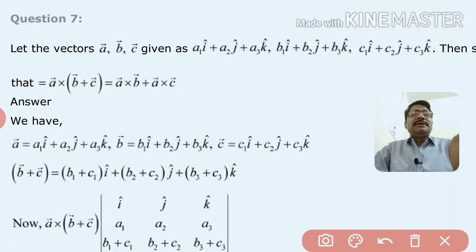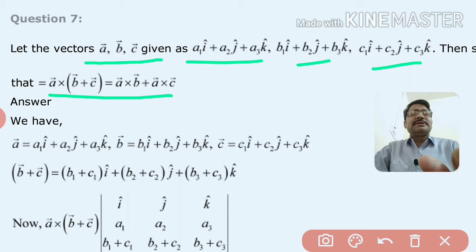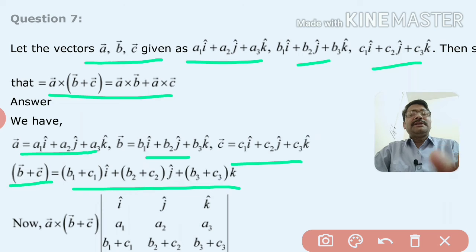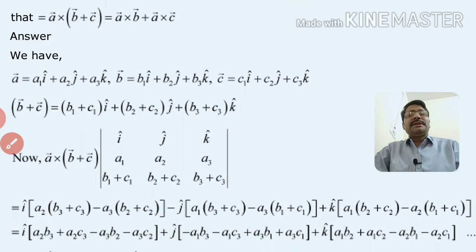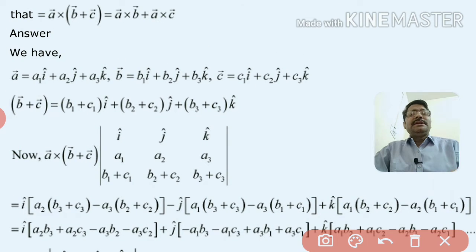Now question number 7 we have to do. Here the vectors a, b, c are given to you and you have to prove that a cross (b plus c) equals a cross b plus a cross c. First of all you find a cross (b plus c). Since a, b, c are given to you, you add b and c. Now you have to find the left hand side, that is a cross (b plus c). The first row is i, j, k, the second row is a1, a2, a3, the third row is b1 plus c1, b2 plus c2 and b3 plus c3. Now you will expand this determinant,